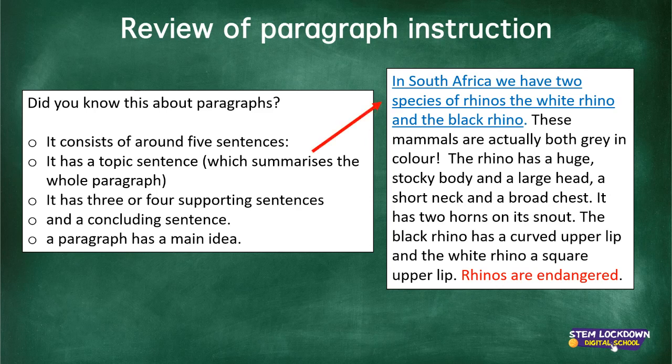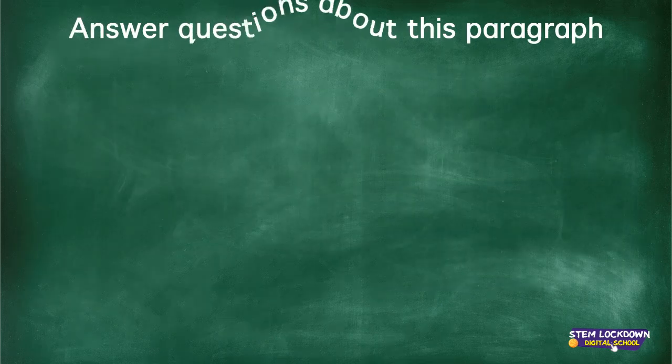So just to go over that again, there's the topic sentence that summarizes the whole paragraph. That's the main idea as well, that there's the two types of rhino. There's the concluding sentence, and the rest are all the supporting sentences. So